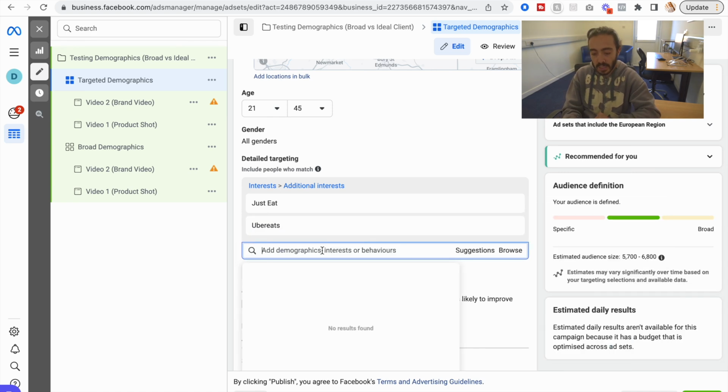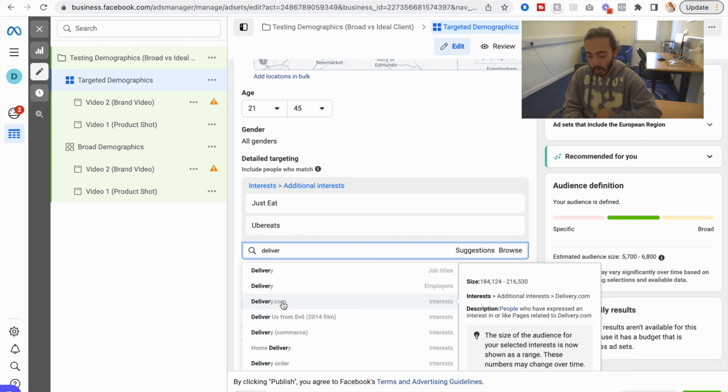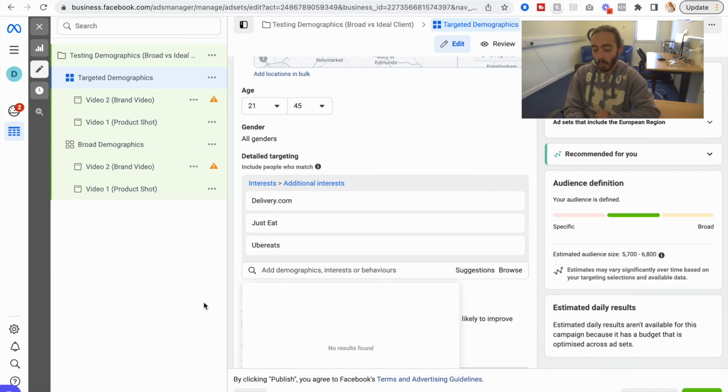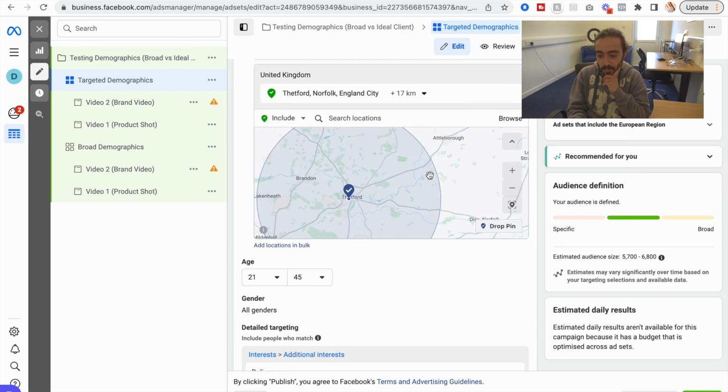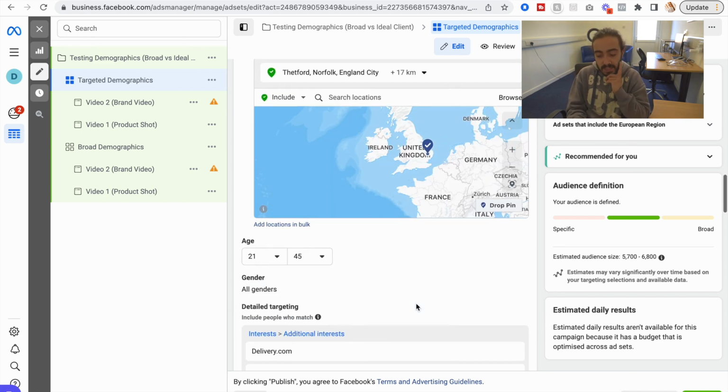Okay, we could also select another one. So I'm not sure if Deliveroo, for example, exists. No, but we've got delivery.com, so we can select that as well. As I said, the pool size is dramatically smaller. However, if we wanted it to be a little bit bigger, we could toy around with these settings a little